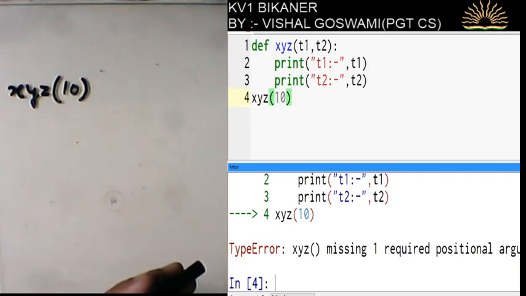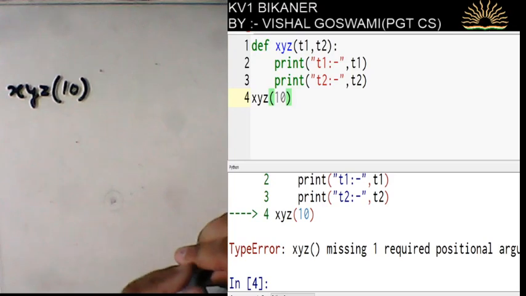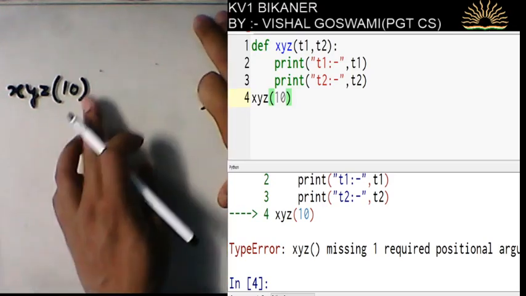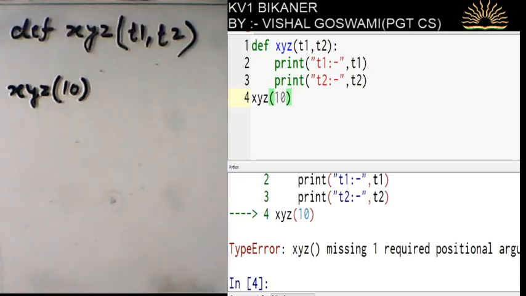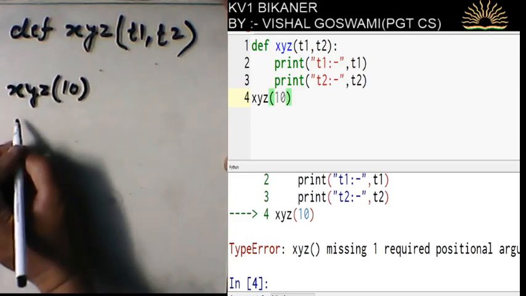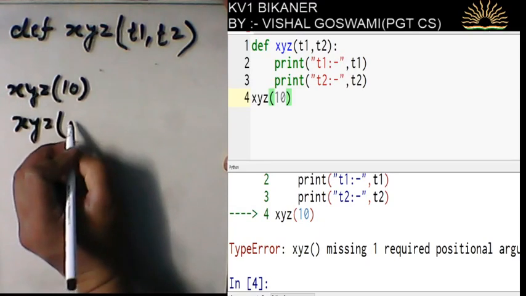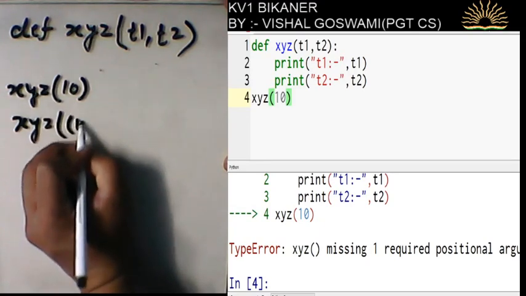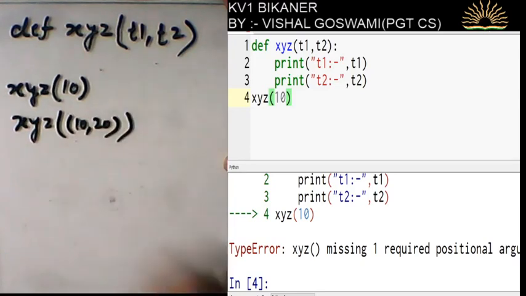Now see, if I call xyz function, what will happen?